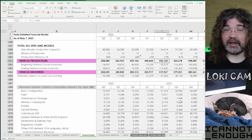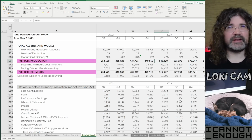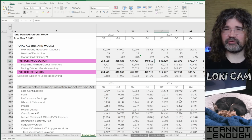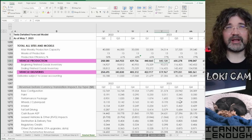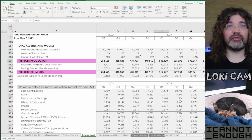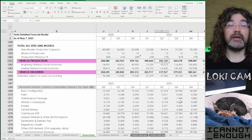543,000, that's just adding up for every vehicle at every site in the top section. I'll go through that in a future video. That is stage 1 of my forecasting process, is to build up from a very detailed, granular level. I'm not just saying, hey, it's going to be 103,000 more vehicles. I'm going model by model, site by site,